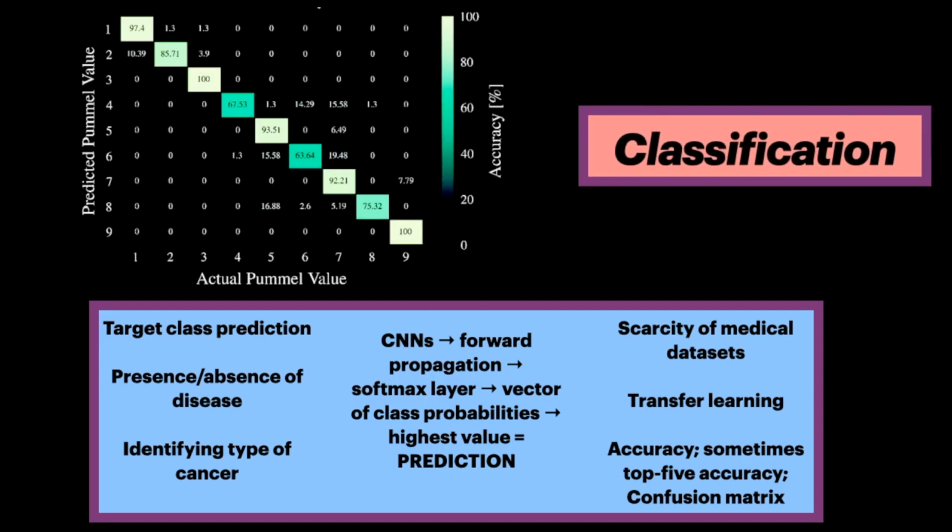In terms of evaluation metrics, the performance of these models is typically assessed using accuracy, the ratio of correctly predicted samples over all predictions. For tasks comprising multiple target classes, it's common to report the top 5 accuracy, a similar metric that assesses whether the correct label belongs to the 5 highest predicted class probabilities. One way to visualize the performance of the neural network is to generate a confusion matrix, reporting predicted and true